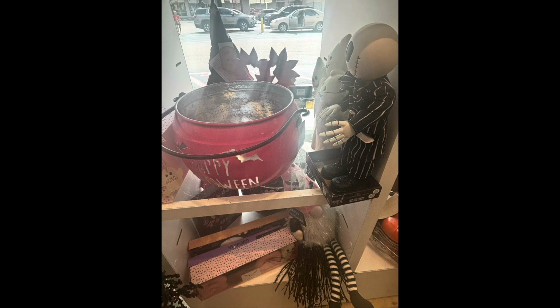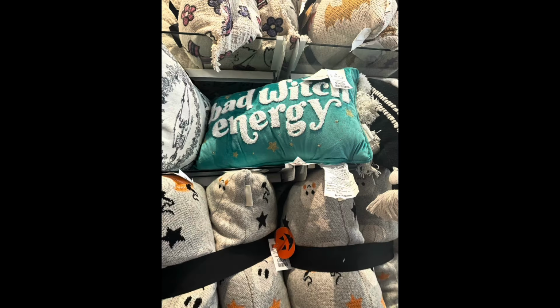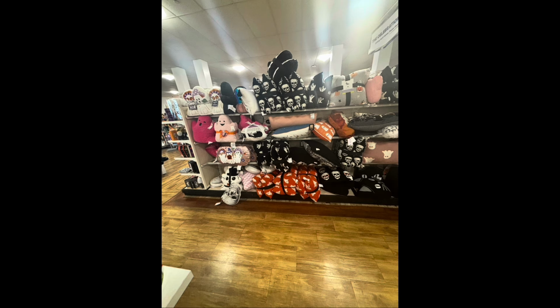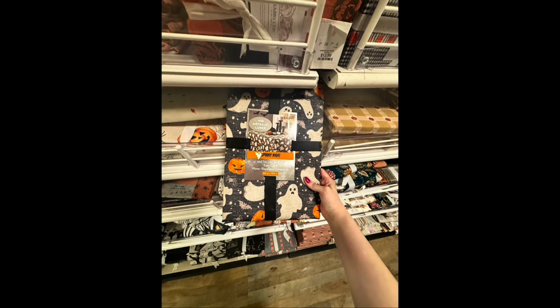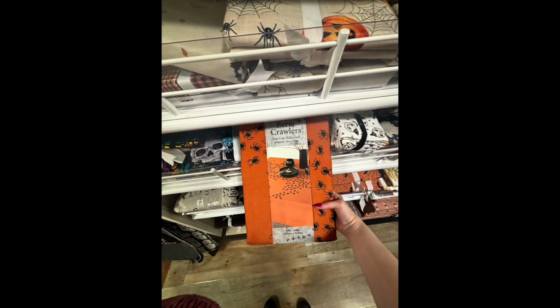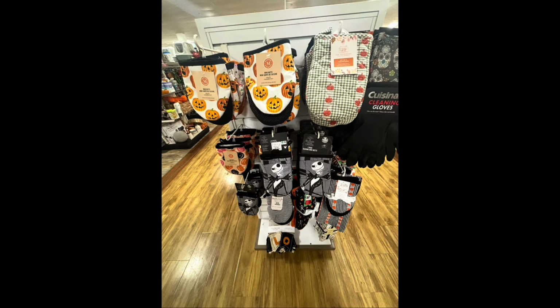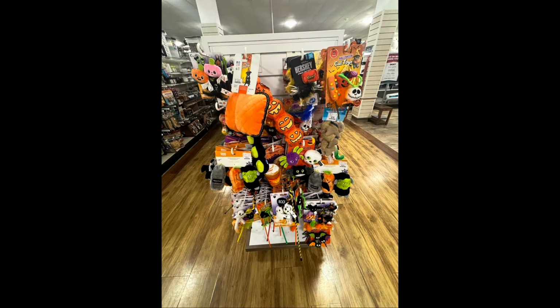Of course, this pink cauldron caught my attention. They had a large one and a smaller size one. They also had a myriad of spooky games. In addition to the back wall being stocked full of pillows and blankets, they had one long additional aisle that was jam-packed with pillows. I found 3 options for spooky tablecloths, 2 of which had spider webs and 1 had ghosts and jack-o'-lanterns. There were a couple different sections of Halloween oven mitts,